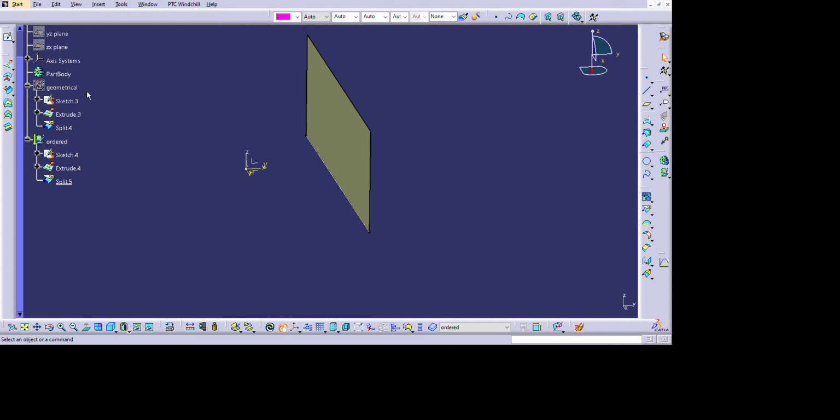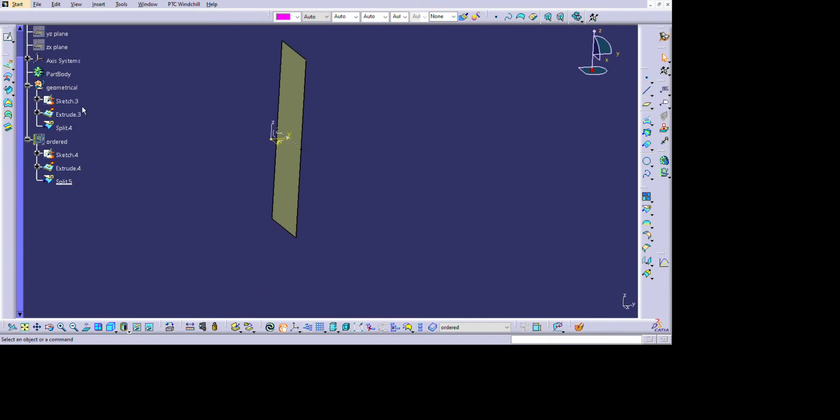So what are the advantages and disadvantages? Let's come to the advantage of the geometrical set first. So I'll hide it. In the case of the geometrical set, it's easy for modification, and any independent feature does not necessarily need to be ordered. Let's say you want to make an offset of something which is in between. Let's say you want to extrude this and use this extrude and offset it by 20 mm. Okay, sorry, I defined it wrongly. So let's define it first and then use an offset, and let's select this extrude 3,